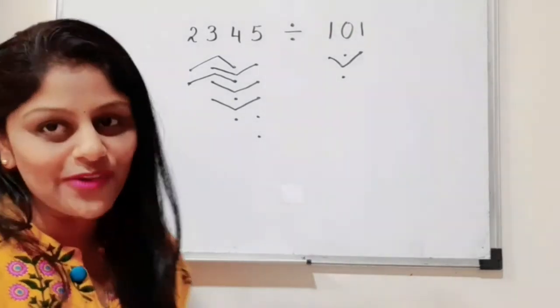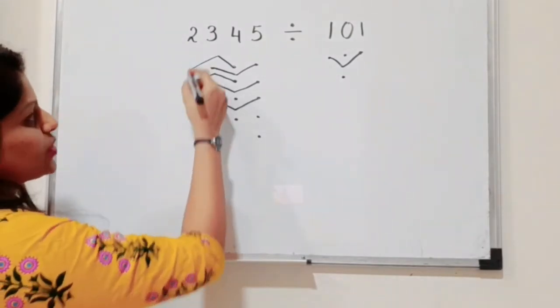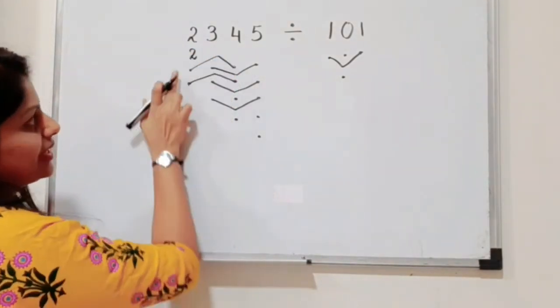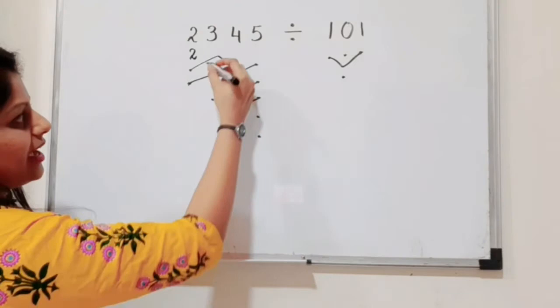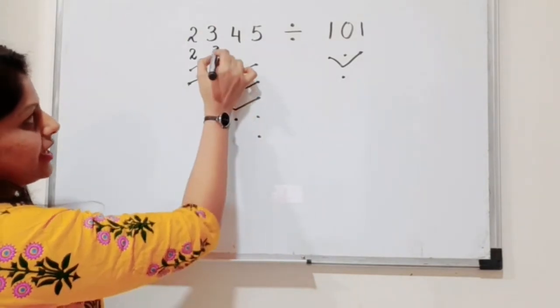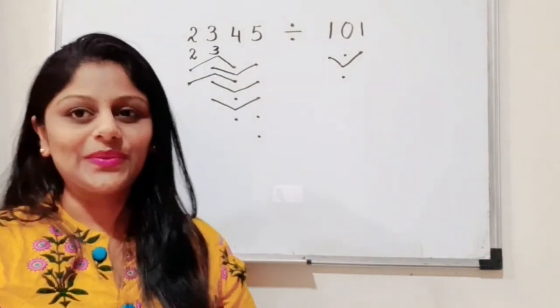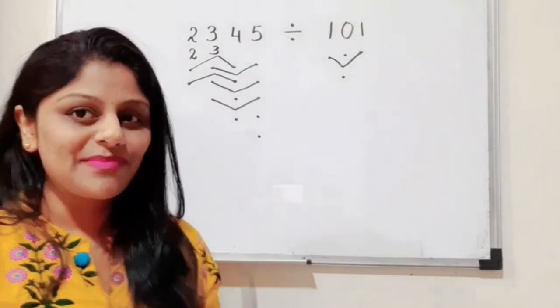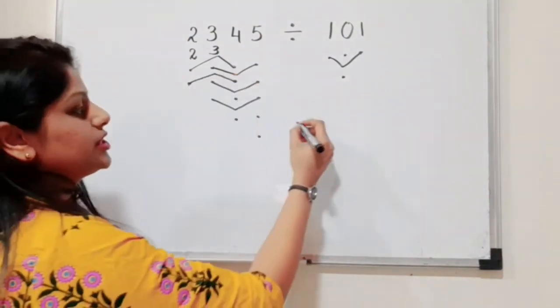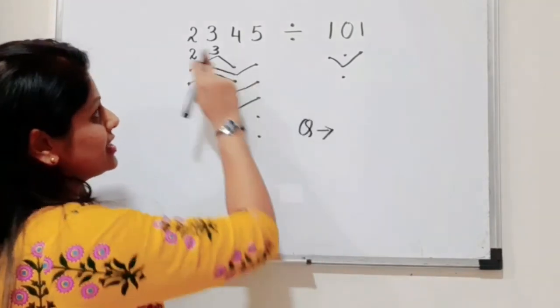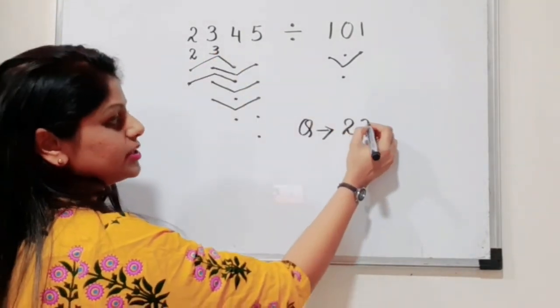Let's check the number of new beginnings. Therefore, in this column we have 2 new beginnings, 1 and 2. In this column we have 1, 2 and 3 new beginnings. And in the next one, do we have any new beginnings? No, we don't have. And now, how many remaining numbers are we having? Therefore, we have found that our quotient is 2 and 3, that is number 23.